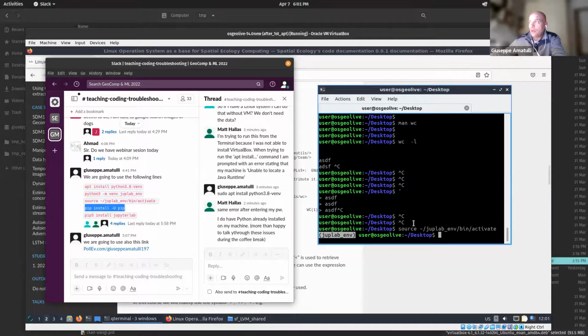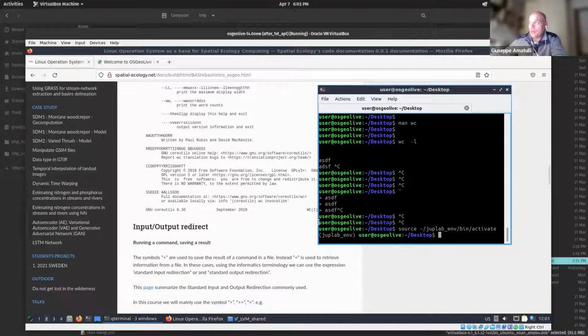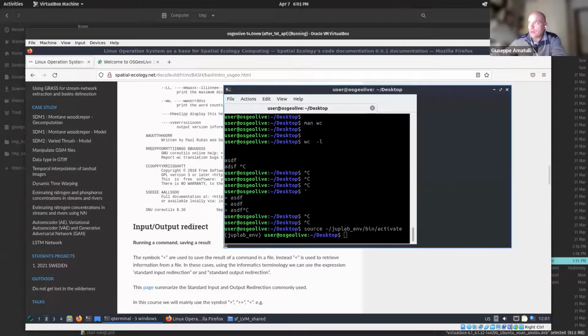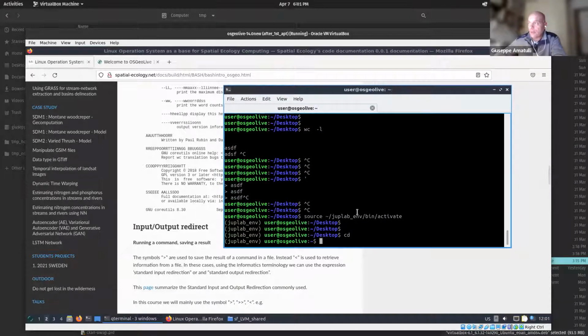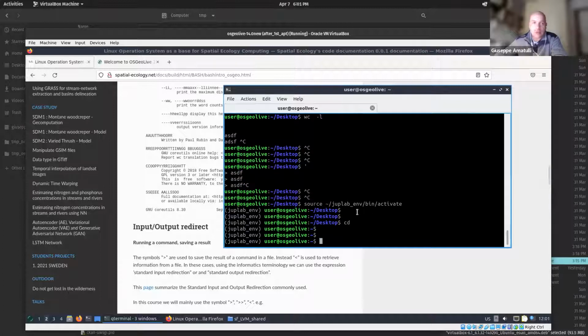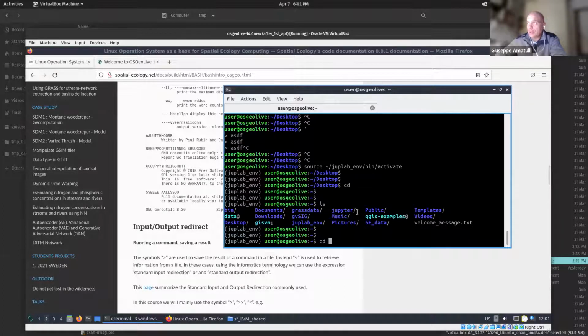Okay, so at this point, you should have Jupyter Lab ready to go, and in this particular task, we are going to open it and see directly. So now, try to follow me in changing the directory. This is going to be one of the first commands that we are going to use. So we are going to enter inside